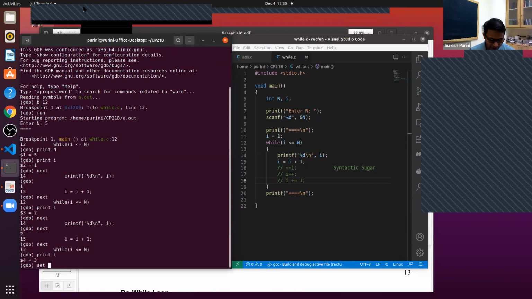Let me try one thing. Set I is equal to 6.